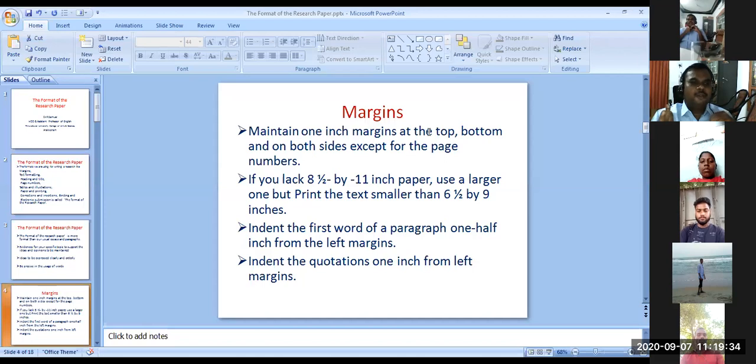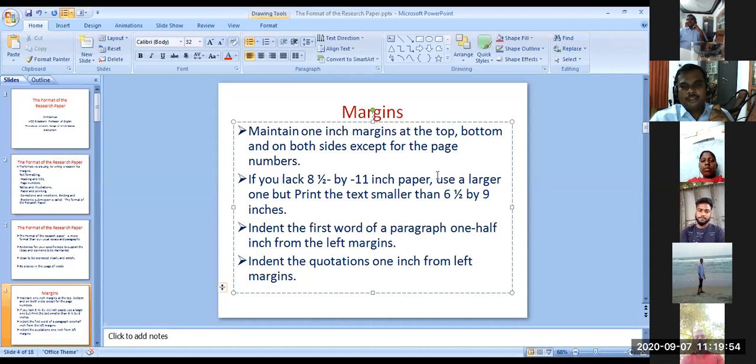Sir, I don't have A4 sheet near my shop. What can I do, sir? In that case, you can use legal size paper, which is a little bigger than this. But look at the second point: use a larger one, that means a legal paper, but print smaller.